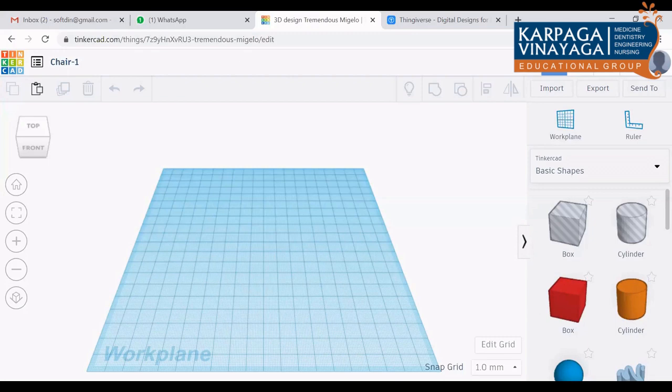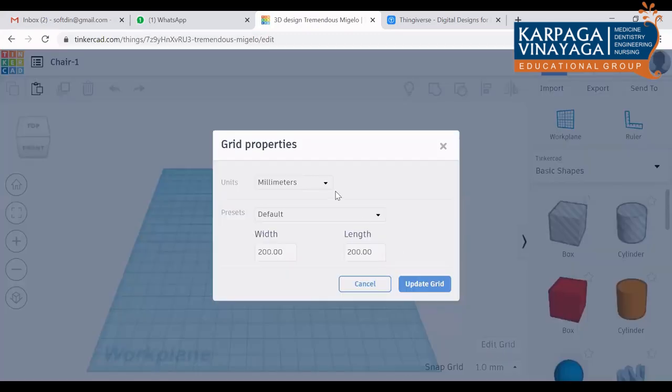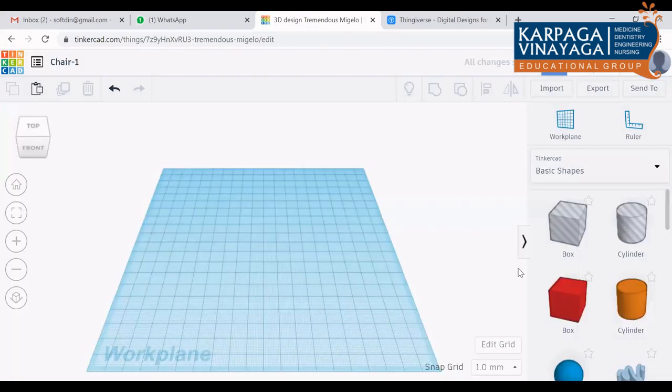Then at the bottom, you can see the dimensions in mm. Edit grid is there, no? If you check there, you can see the unit in millimeter, inches, bricks like that. So we can use the millimeter. Just click that millimeter. If millimeter is already there, you don't touch that. Leave it as it is. So this says that one box is equal to 1 mm by 1 mm here.